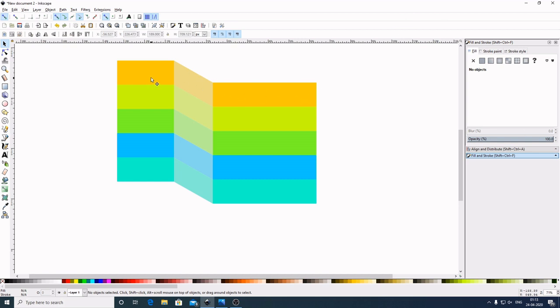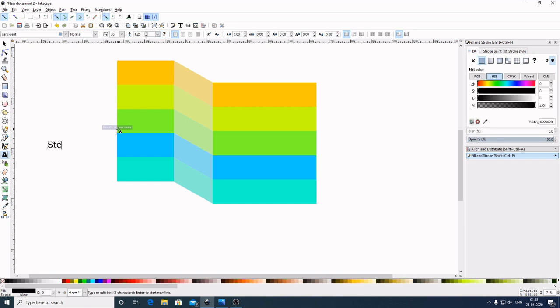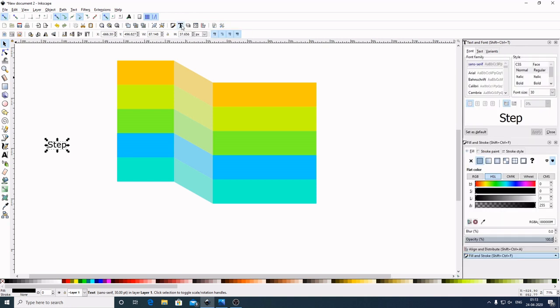Now I will place a text. Now select this to put a text, create and edit text object. Click it here. Now I will write it here a step. Select this one. Now open up this view and select font family. This menu enable us to change the font family of the text.